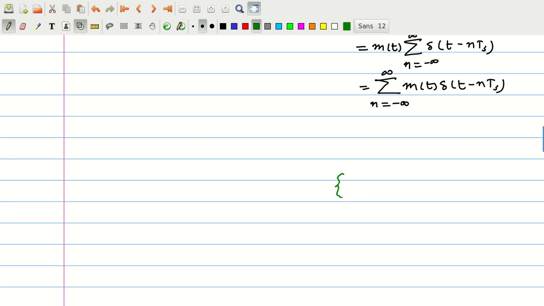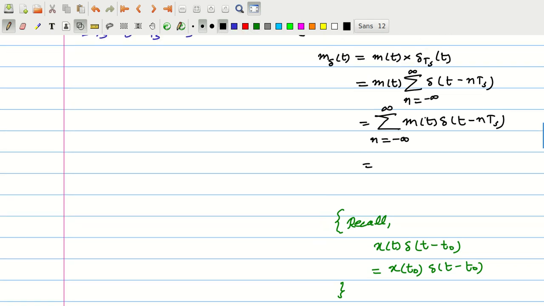So recall that if in general we have some signal x(t) multiplied by an impulse delta(t minus t0), then it is another signal x(t0) delta(t minus t0). So x(t) delta(t minus t0) is the same as x(t0) delta(t minus t0). So using this property, we can write